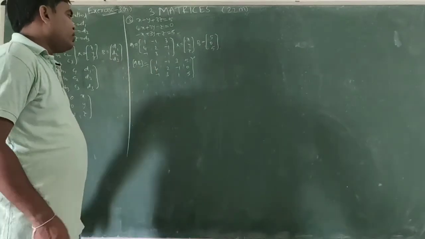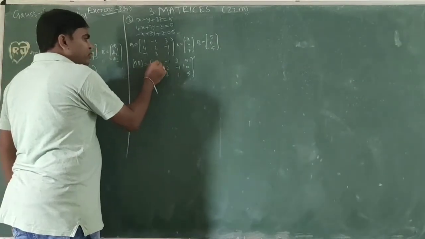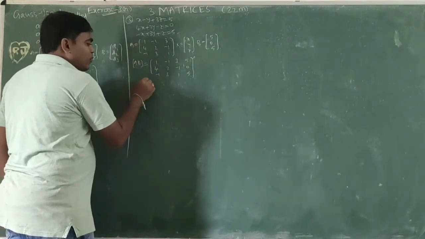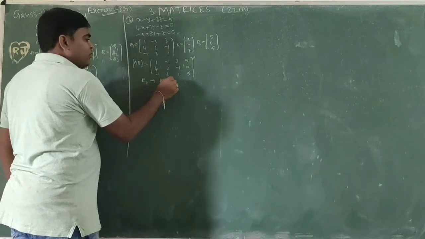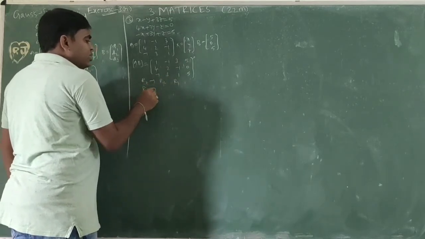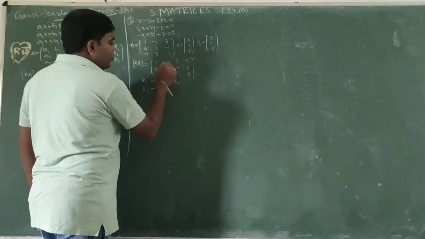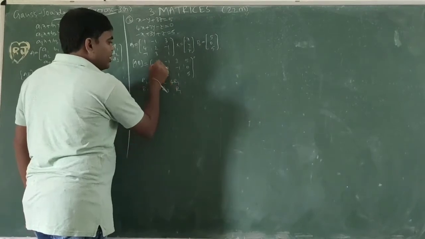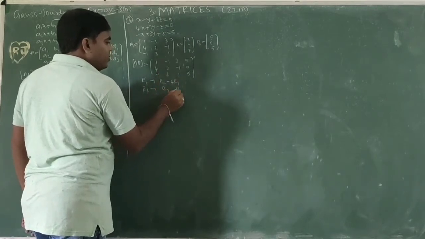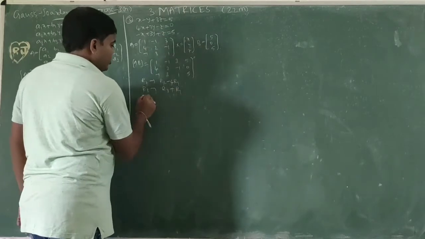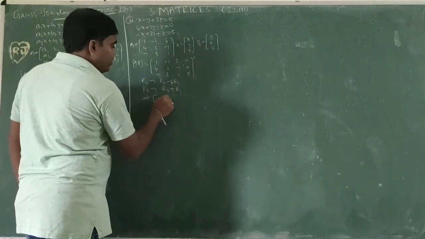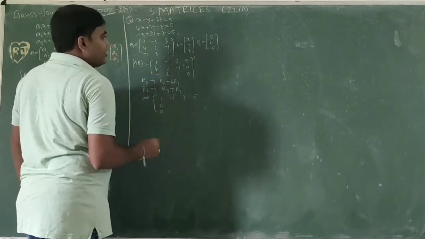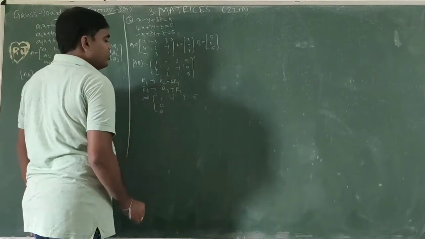In the first column we have 1, 4, minus 1. 1 is the diagonal; 4 and minus 1 are non-diagonal. These two elements should be 0. 4 is in R2, so R2 must be changed with the help of R1. R3 must also be changed, again using R1. So this is 4, this is 1: write 4 with the same sign, keeping minus in the middle. This is minus 1 plus 1: keep plus in the middle. Next, 1 minus 1 3 5. To convert these two elements to 0, we write this operation, which is why I am writing 0 directly.